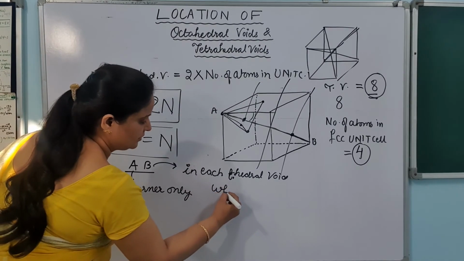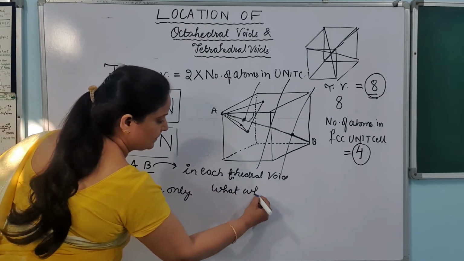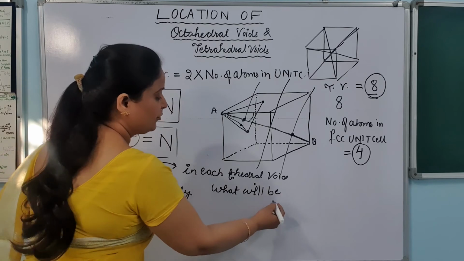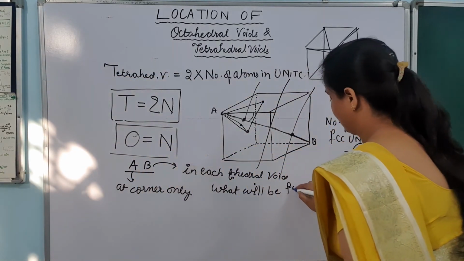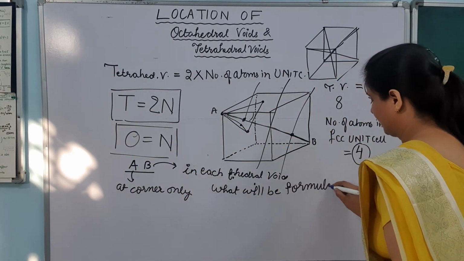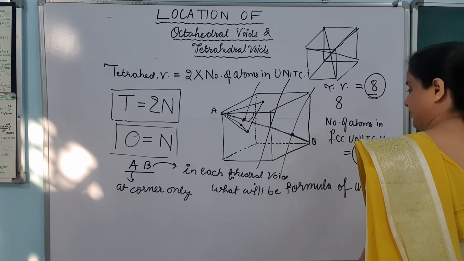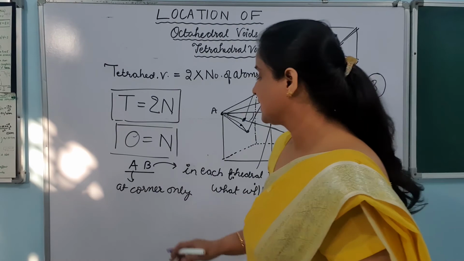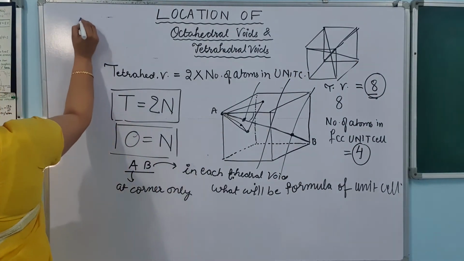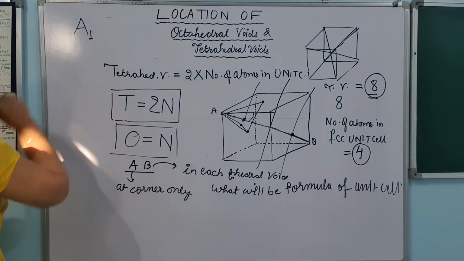What will be the formula of the unit cell? So if A is present at the corner, total number of A atoms will be 1, because